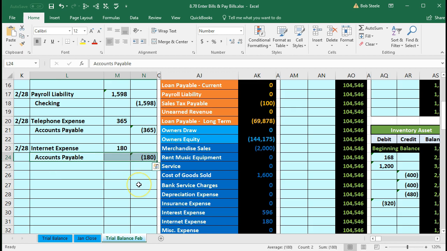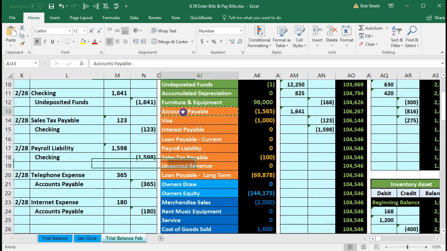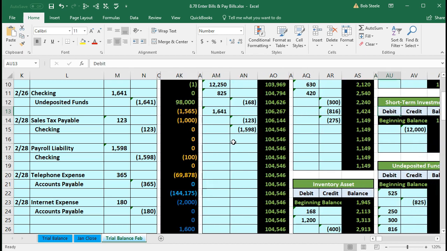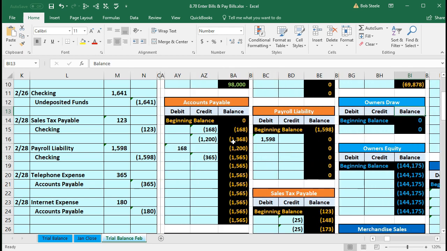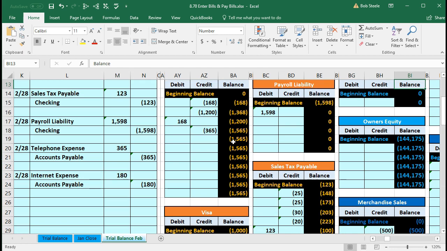There's the other side to accounts payable. Here's the accounts payable on the trial balance, first orange account. It will then be the first orange account when we scroll over to the General Ledger. Scrolling over, first orange account, there it is. Scrolling down. We are in cell AZ19. AZ19, we're going to select equals, point to 180, bringing the balance up from 1,565 by 180 to